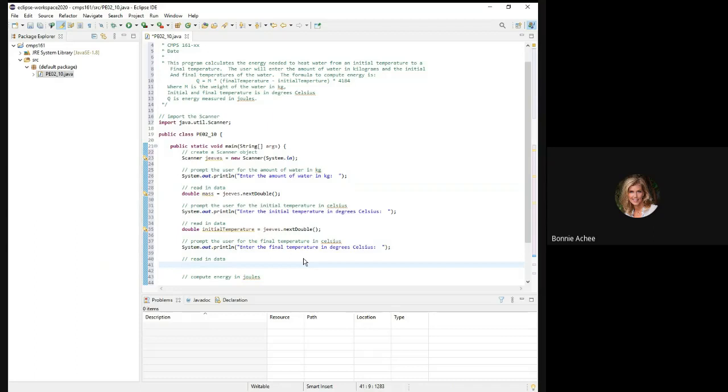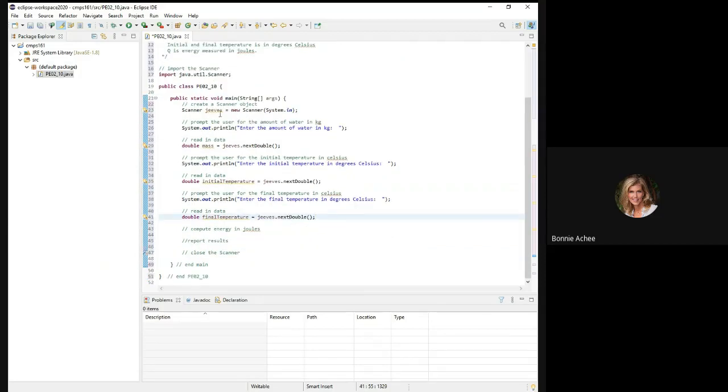First, I have to consider where I'm going to put this piece of information when I get it. I'm going to put it in a double, and I'm going to name that double finalTemperature. I'm going to send Jeeves to go get the next double. So at this point, I have all of the pieces of information that I need, and I'm ready to do